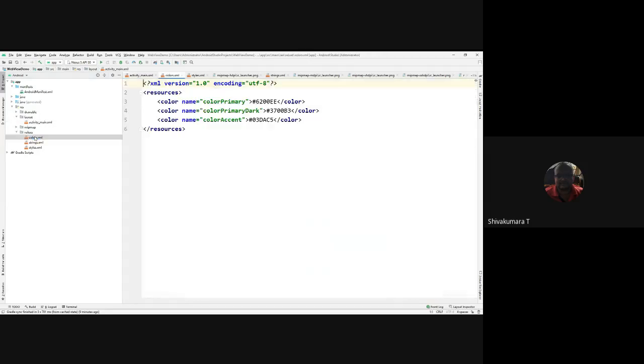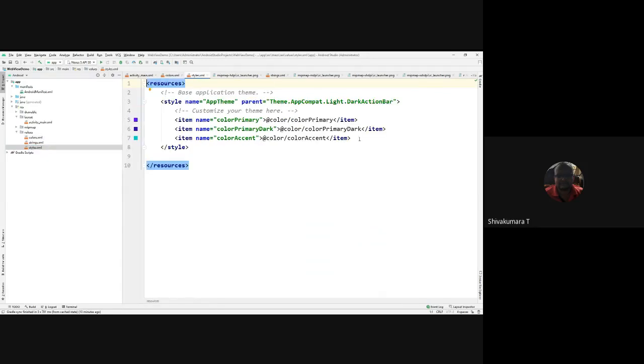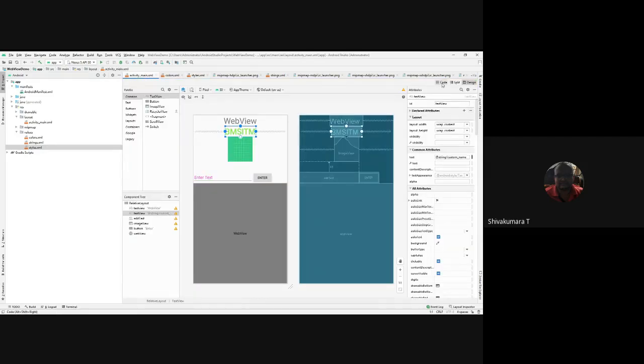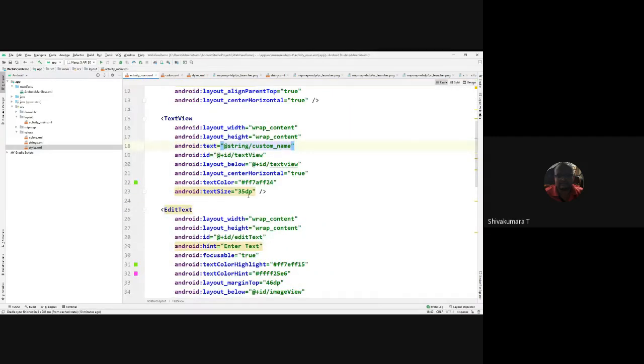Similarly, you can specify colors using a reference value, and styles using a reference value. For example, here some style I am going to define.